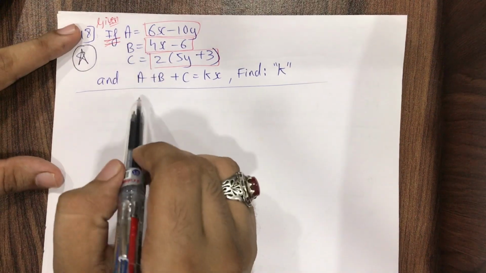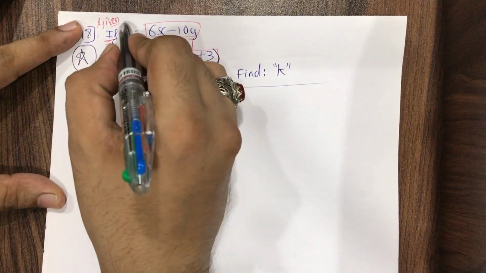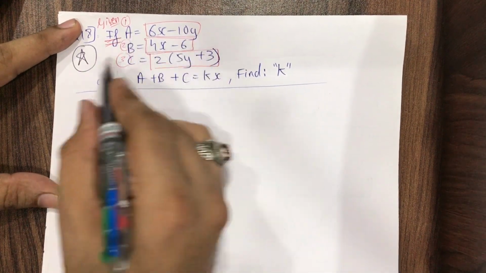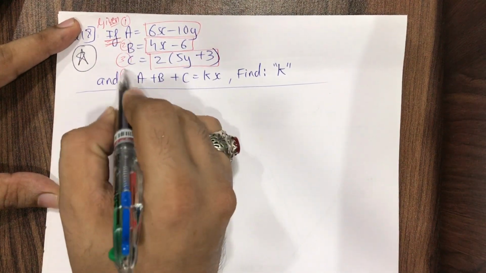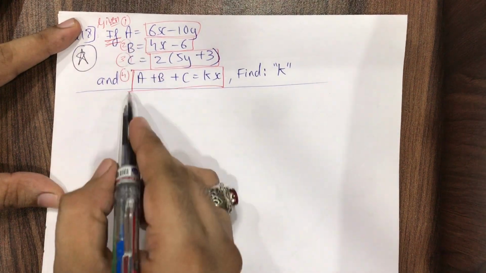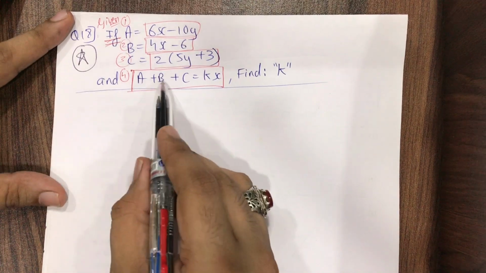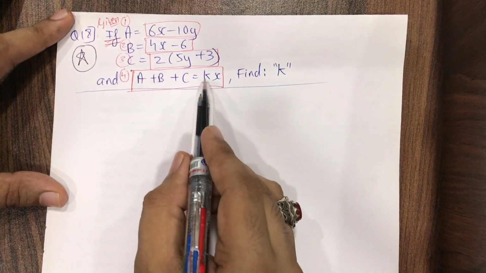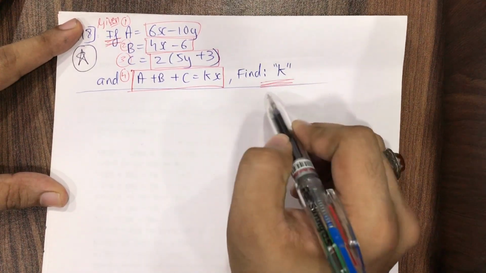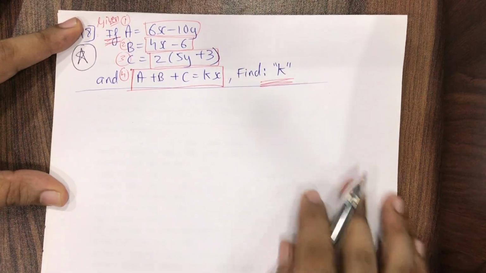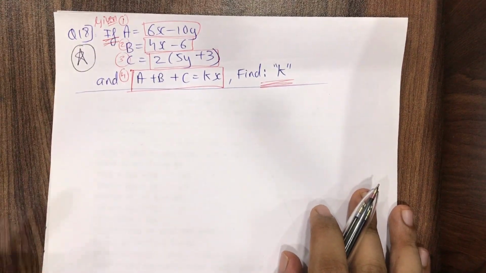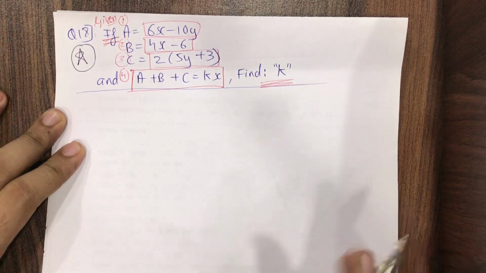So actually four things are given to us. This is our first given, this is the second given, this is the third given: value of A, value of B, value of C. And very important, this is also given to us. It comes under the section of if, that A plus B plus C is equal to k multiplied by x, and at the end we need to find the value of this k only. Unknown k, that's it. So four things are given to us. Of course we have to take the help of the given part only. Okay, solution.